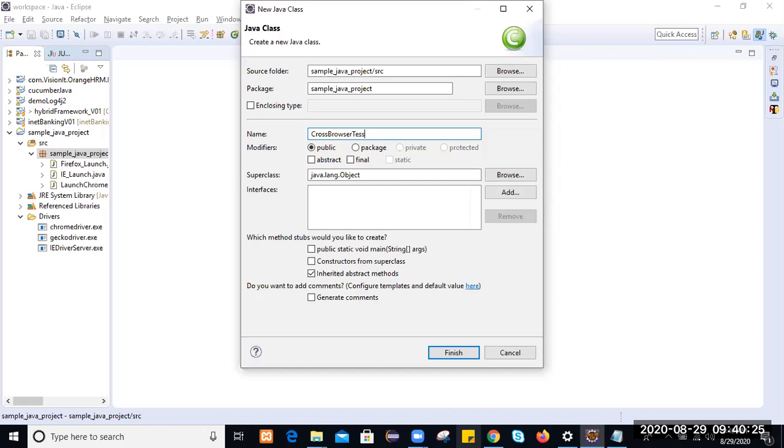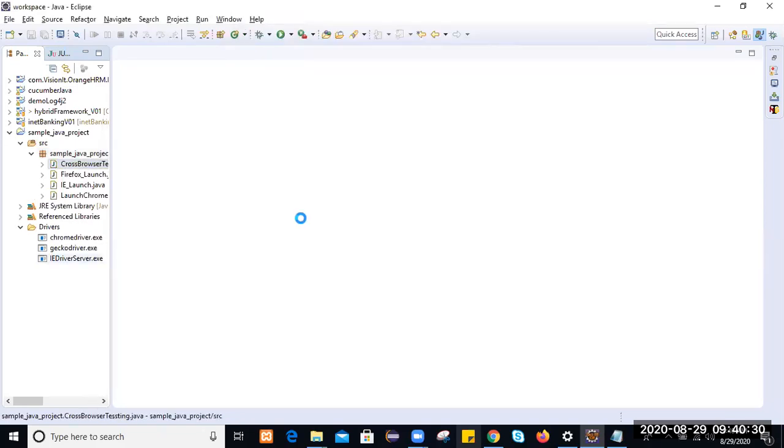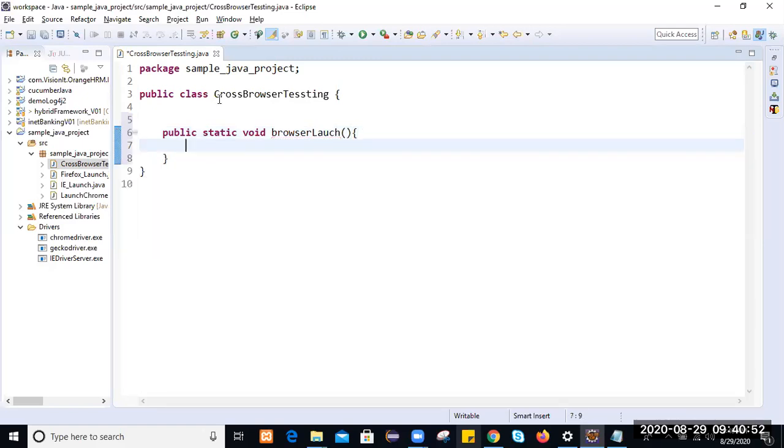I will write public static void, and this is our browser launch method.